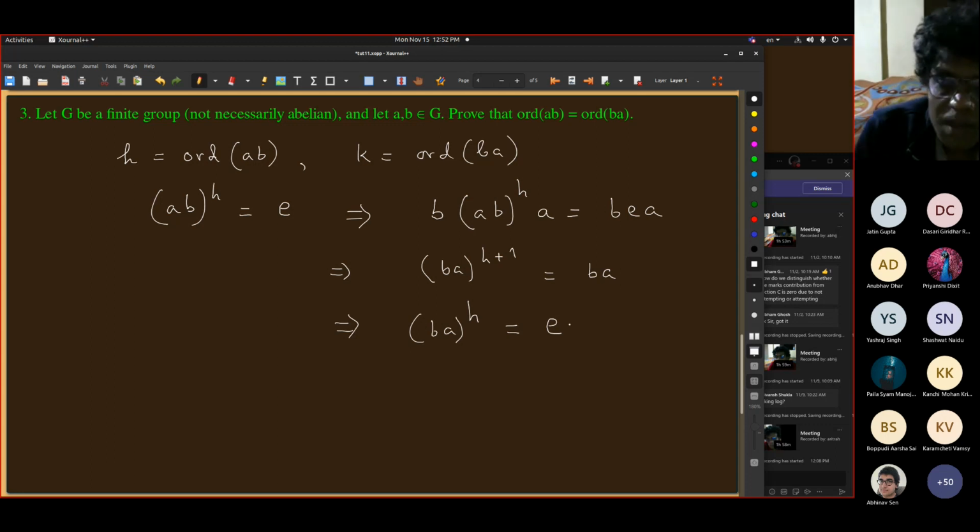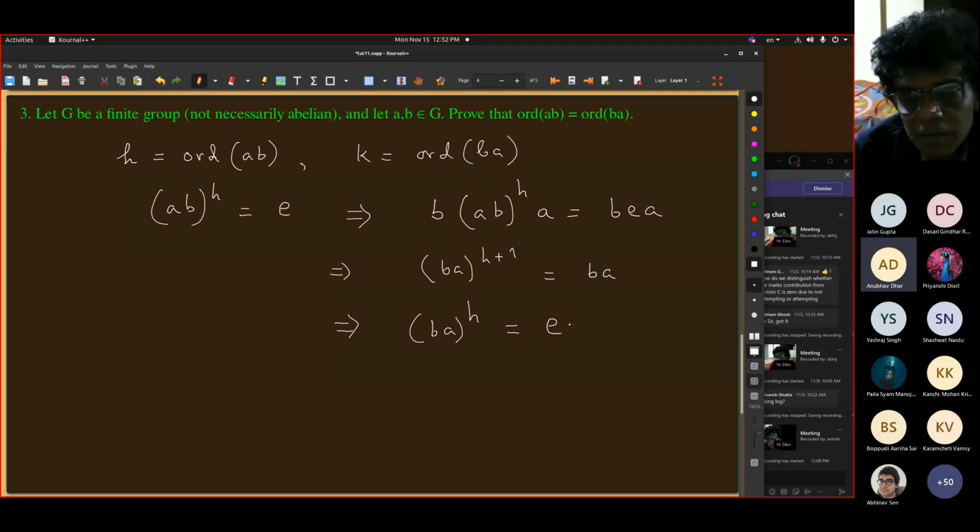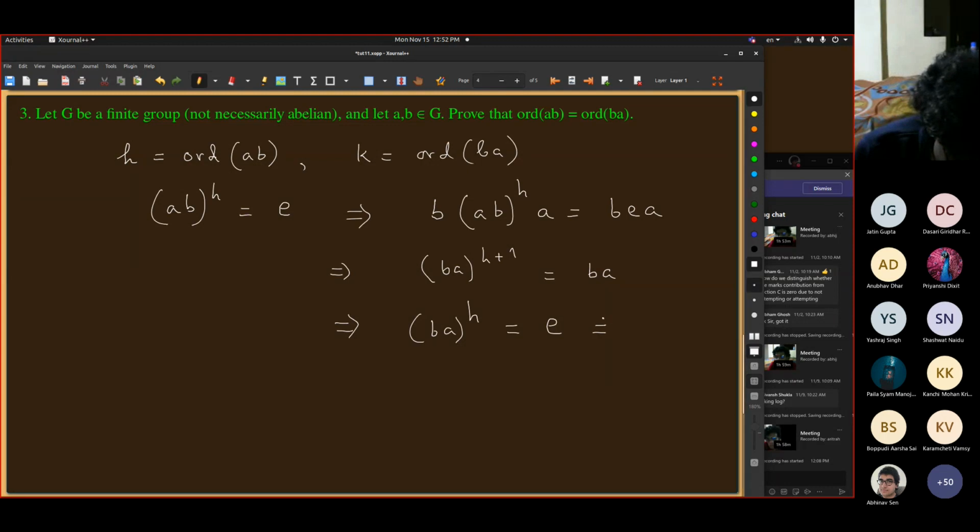Now tell me what it implies. Does it immediately imply K is equal to H? H is a multiple of K. This implies the order divides H. But by a symmetric argument, we can show